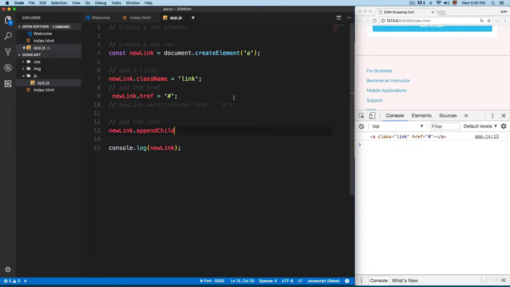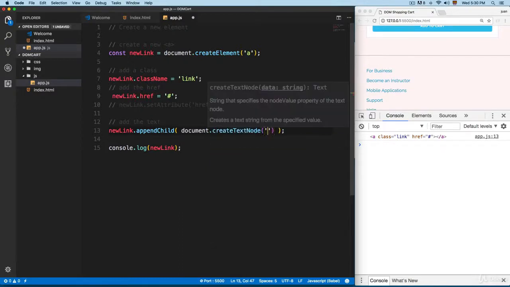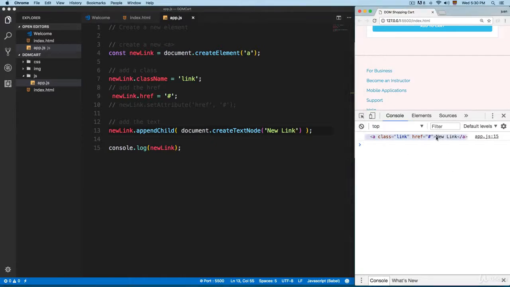So we're going to use append child, and then we're going to add the parentheses, and inside we're going to add document dot create text node like this. And then you pass the text for this anchor, which is going to be something like new link, something simple. You can save, and you can see that we have the text inside the tags for this